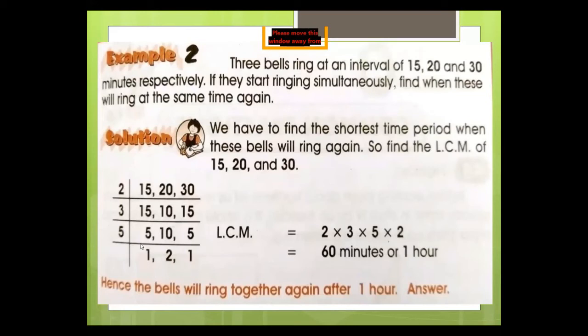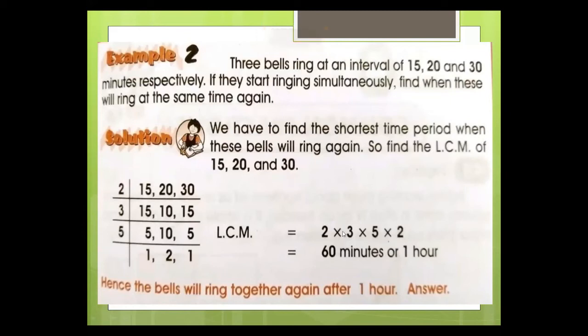We discussed this before, that if we have a remainder 1, then it's okay, but if the remainder is not equal to 1 but is a prime number, then we stop our process of division over here. So we stop and take all of these divisors as factors, and also this remainder as a factor, because this remainder is a prime factor. So the LCM is 2 into 3 into 5 into 2.